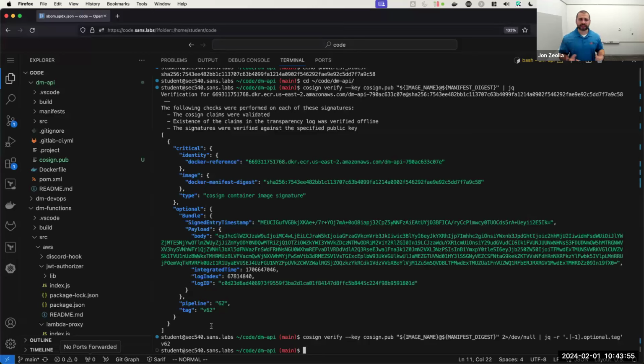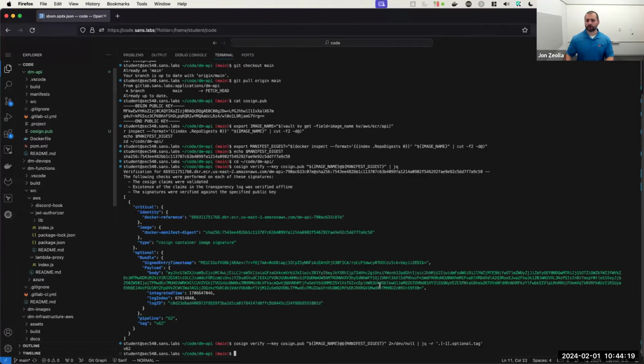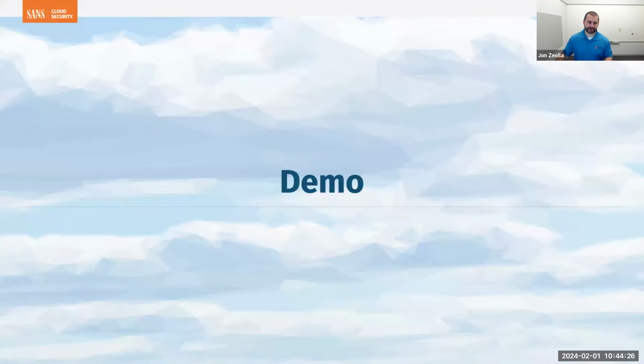We have a private key. It's only available in a pipeline. So by being signed by this private key, I know that you went through the pipeline. I check that public key. I validate it using the public key. I can be reasonably assured. It's not perfect, but I can be reasonably assured it went through the pipeline and it's allowed. Right? So there's all kinds of different things that you can do in the supply chain world. And we're improving that assurance with lots and lots of different solutions, to be honest.